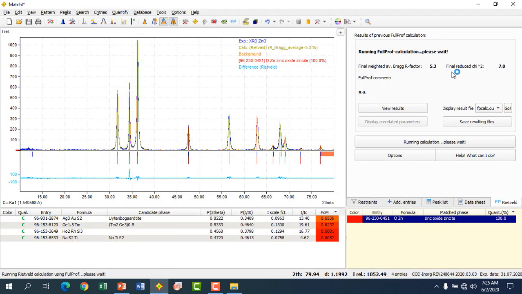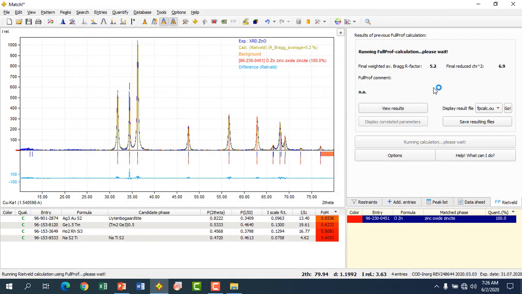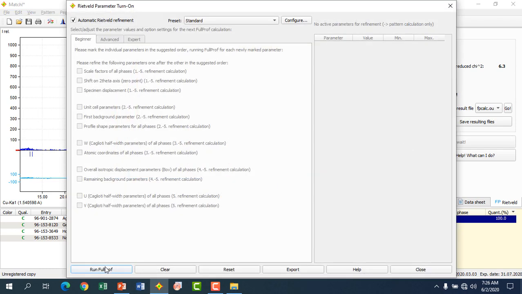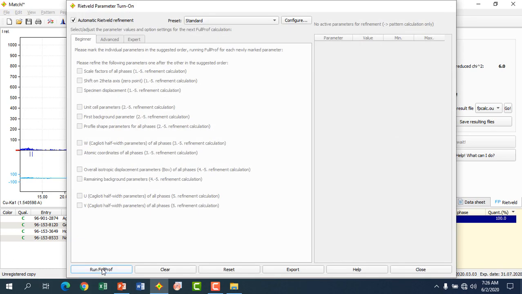Here it is running. You have to check the final reduced chi-square value. I have to run another calculation. For beginners, it is okay, no need to do anything in these steps, just click run. I will click one more time.